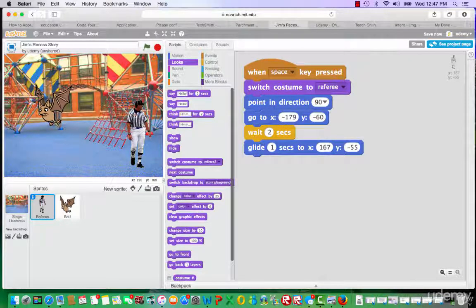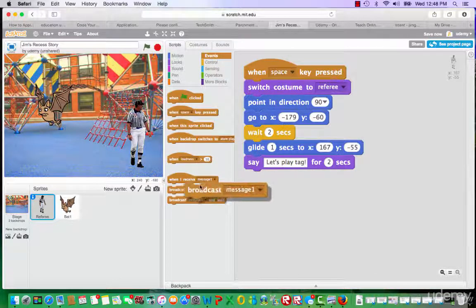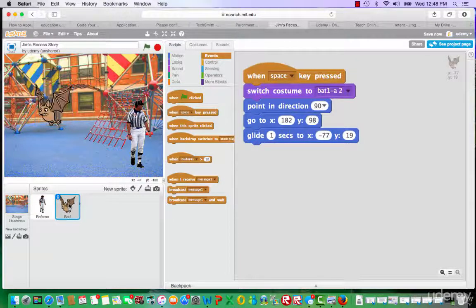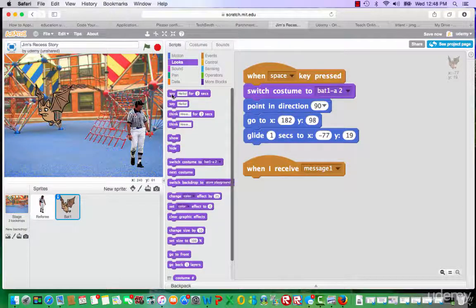So when I'm out at recess, I like to play with my friends and I love to play tag. So that's what was happening in my recess story. So now I want to say to my friend Joe, let's play tag! Exclamation mark. And then I'm going to go under events and say broadcast message 1. And then for Joe wanted to play tag with me, thankfully today. So for Joe, it's when I receive message 1, I'm going to go back to looks and have them say,